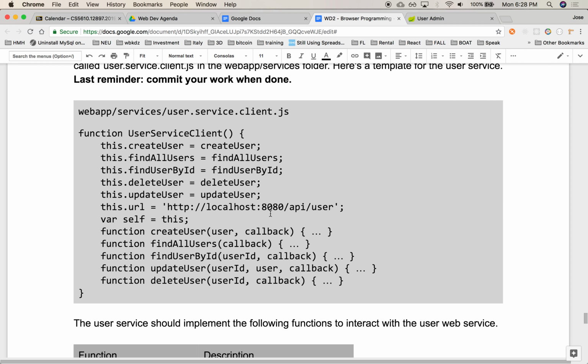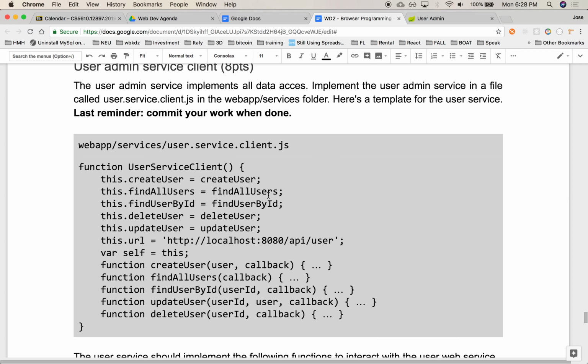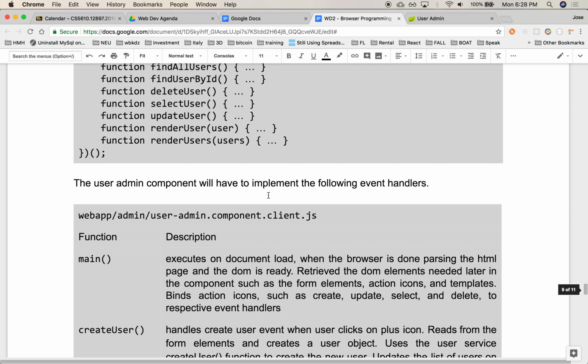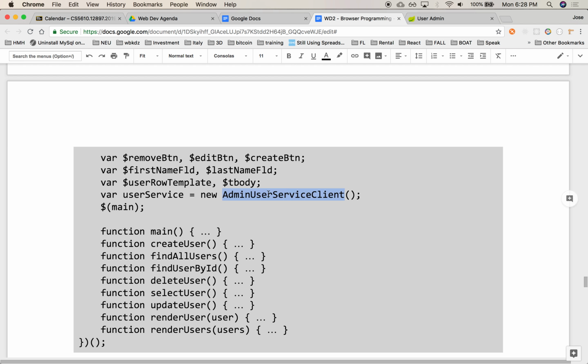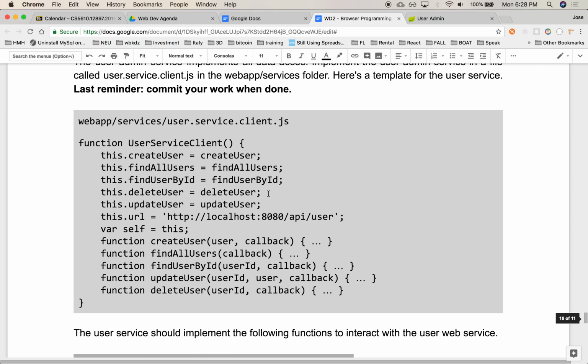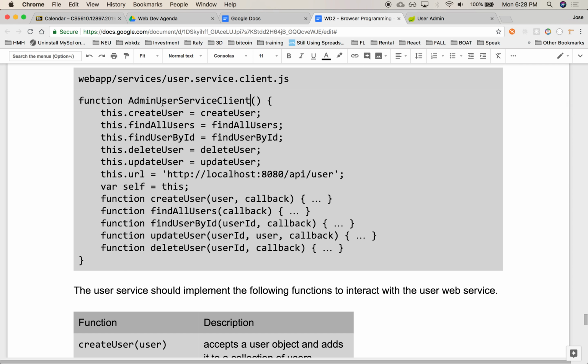Here it is. Oh, I named it wrong. What did I call it here? Admin user service client. So this should be admin user service client. There we go. So what it does is that it's a class, and it declares these five functions,